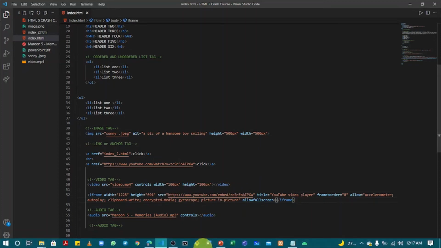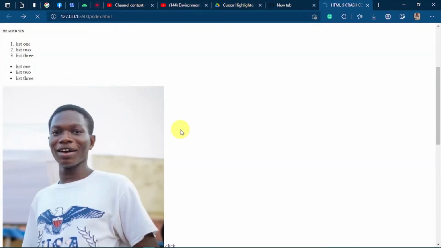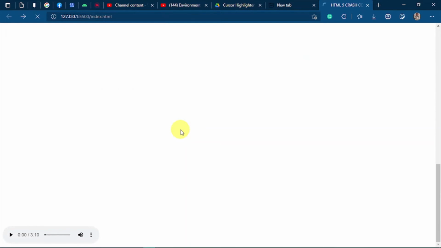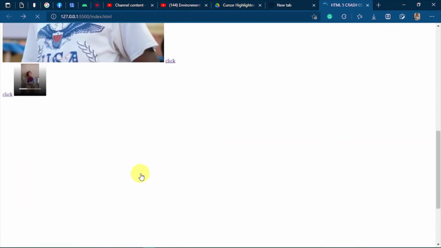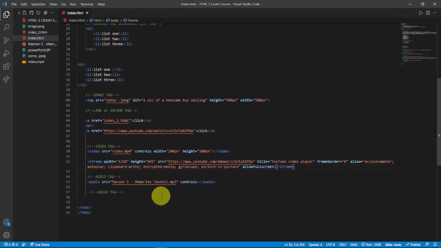It's going to generate an iframe, its own HTML and CSS. So now let's move back to VS Code. Okay, it's taking time. It's supposed to appear here, but because of my slow and poor internet, we will check this out later. So now let's move to the next section, which is